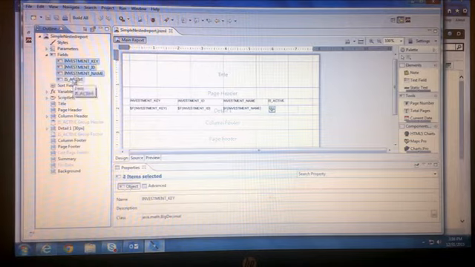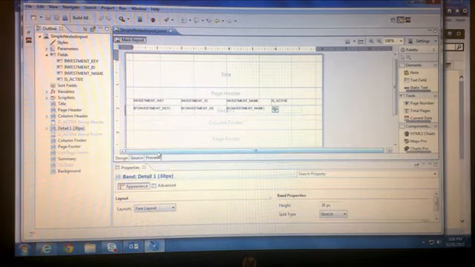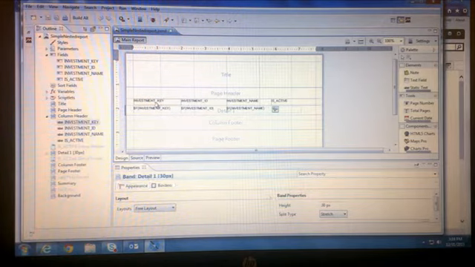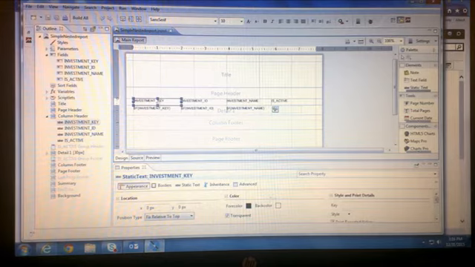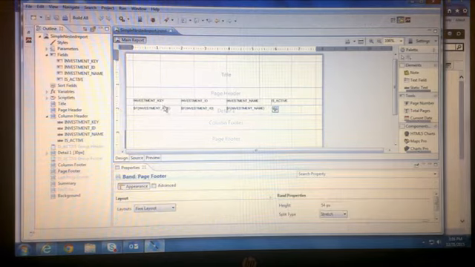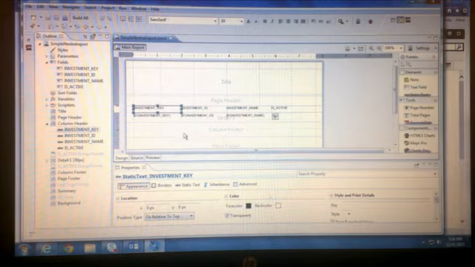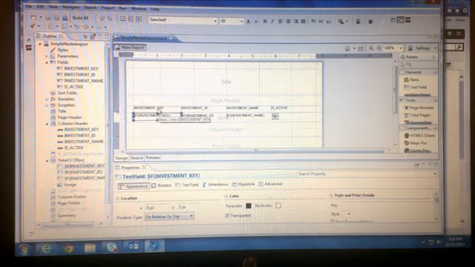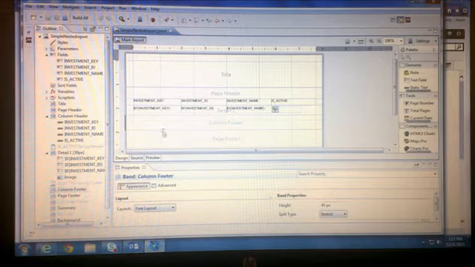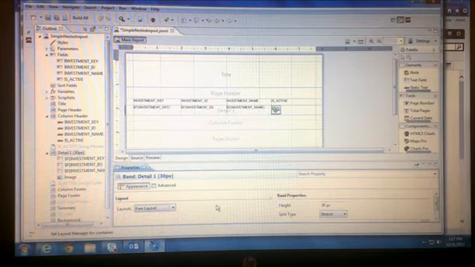So what you do is simply drag and drop these fields here. The fields will be separated like the column header and the details. So the details will have values and the column header shows the name, and you will want to change these field as well as the header names. Like I don't need the investment key, I can delete that, or rename the key to a different one. And I have reduced the height of this band, which I can drag and drop or basically change from the properties dialog.